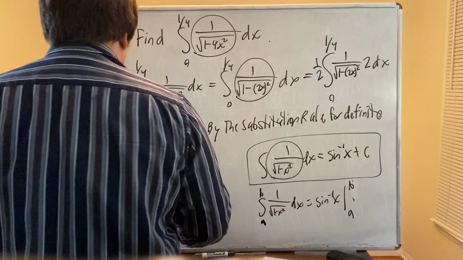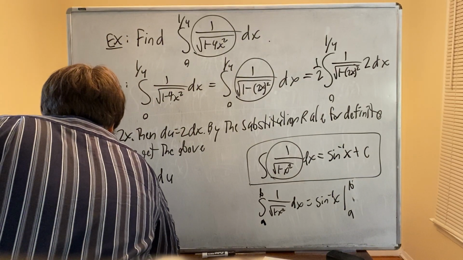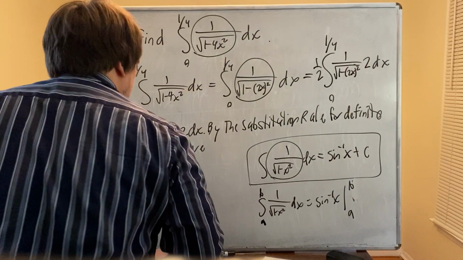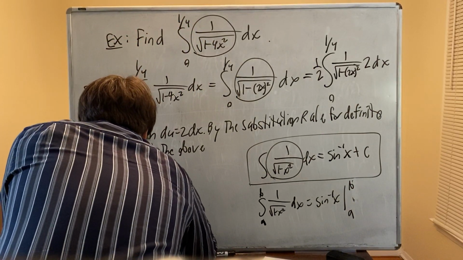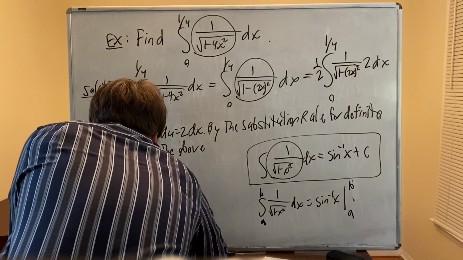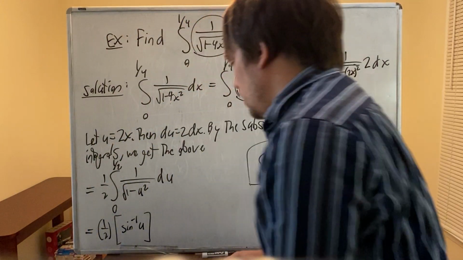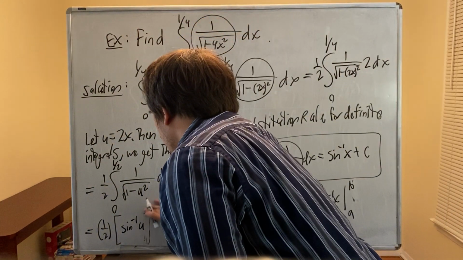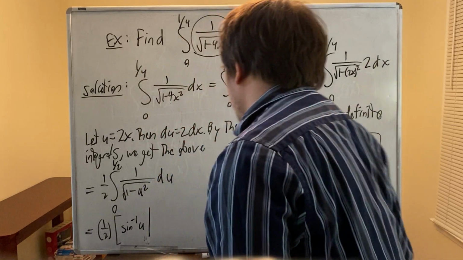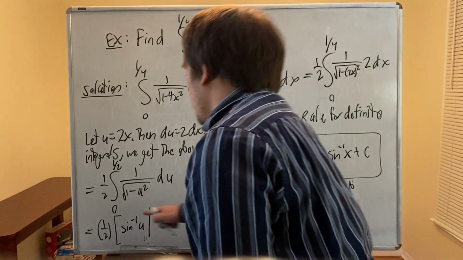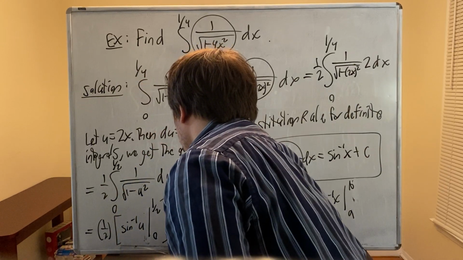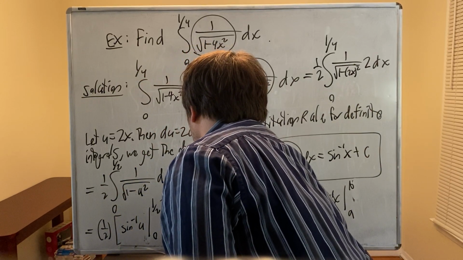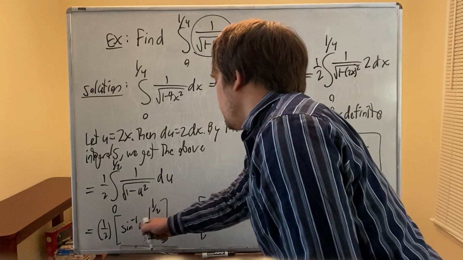So this is going to equal 1/2 times sine inverse of u evaluated from the lower limit to the upper limit, from 0 to 1/2. Okay? This is equal to 1/2 times sine inverse of 1/2